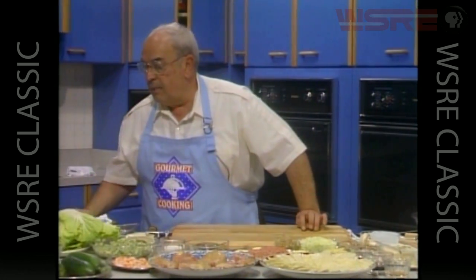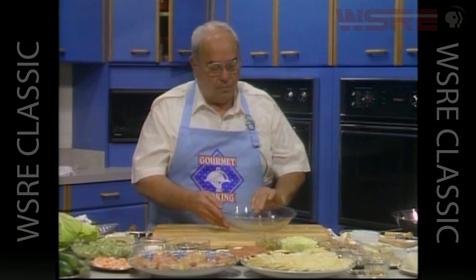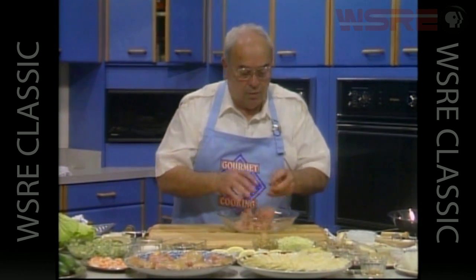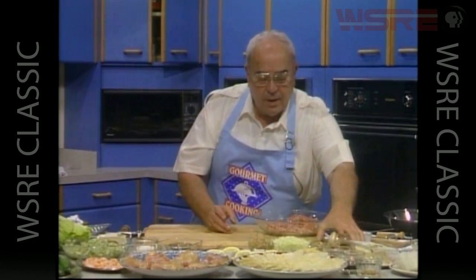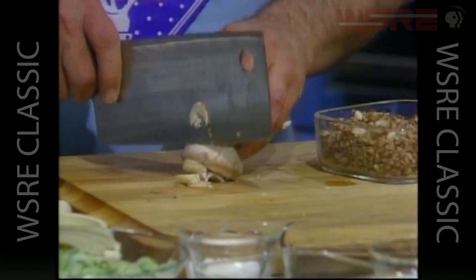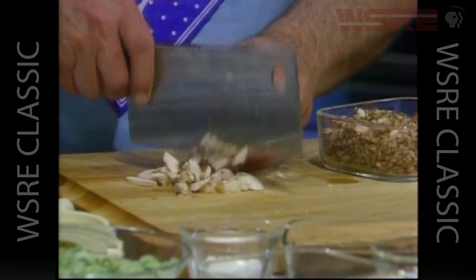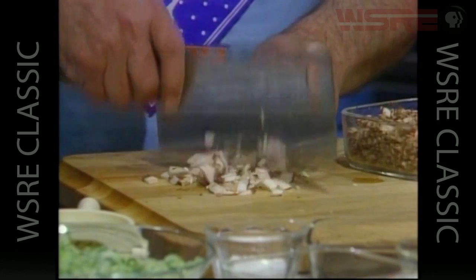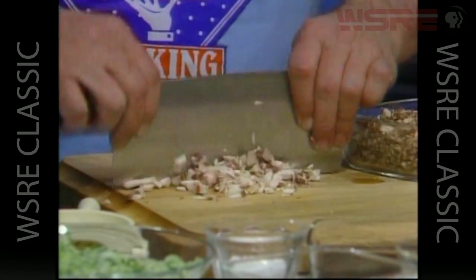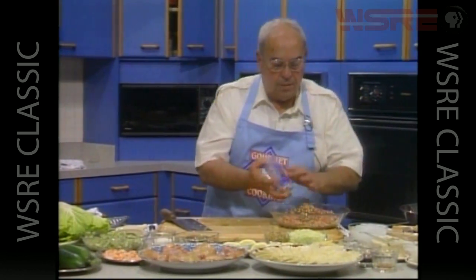I had a mixing bowl. Well, we'll have to use this one right now. We have here a pound of ground pork, which we want to put together. We want some mushrooms, and we have about a half cup of mushrooms. We add those to the mixture,